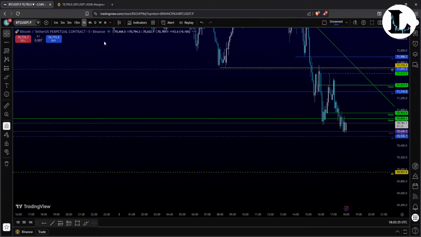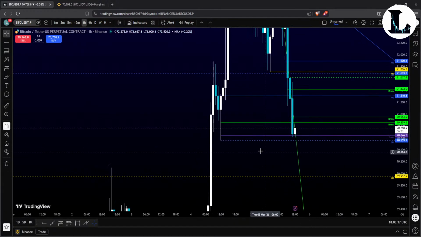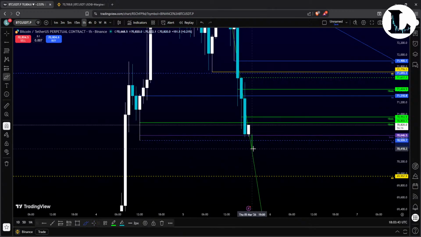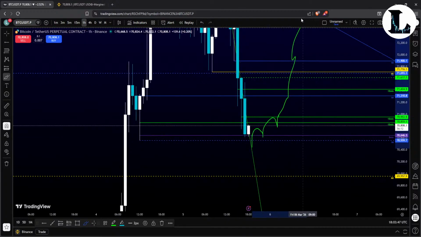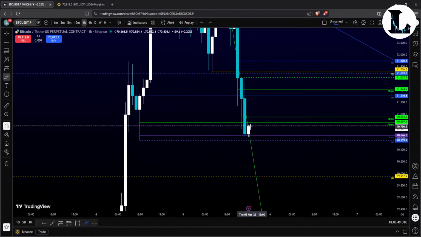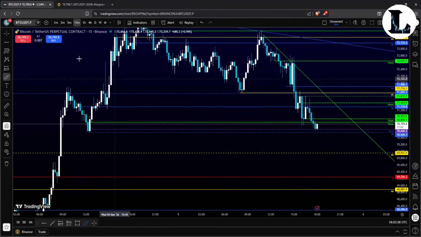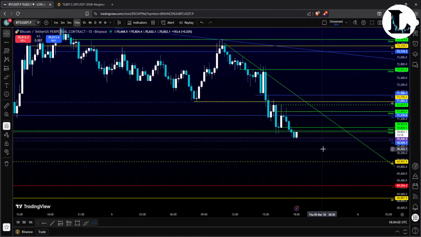Be careful, because we can have a wick breaking that level, and the price just stays above and it actually starts moving up really fast. Okay, so this is a break level. Be careful, because in the future it might turn into a liquidity level, and that means that we are going to see some strong reactions on those levels. Okay,